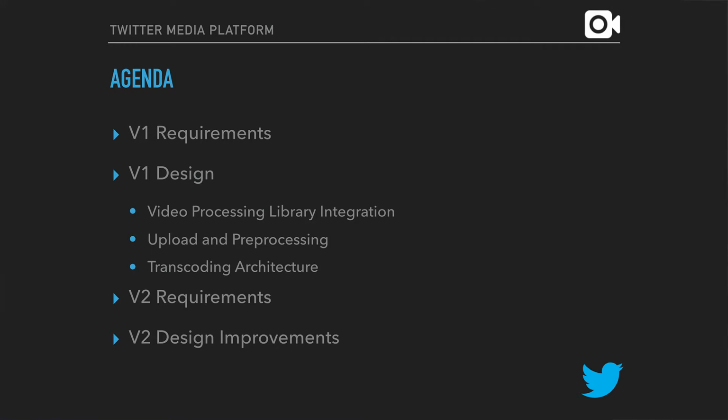And here's an outline of the design aspects. I'll start with what native libraries we decided to integrate with and how we integrate with them. And then how we decided to handle ingestion of the file from the user's devices, and then what kind of pre-processing we needed to do to make sure it's actually a video that can be tweeted. And then finally, how we designed a system that transcoded all the different variants for supporting different platforms and different bandwidth situations. Then I'll jump to how we launched V1 about 2 years ago, and then the landscape changed and some of the requirements evolved. So I'll talk about the most important changes that we had to accommodate, and then how we went about accommodating them.